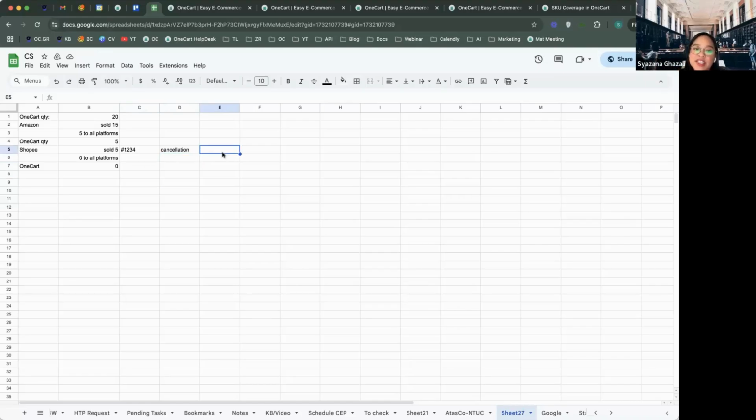Okay, so for example, there's a cancellation and then Shopee puts back 5. You see, when Shopee puts back 5, OneCart is still 0 because Shopee only puts back in Shopee. The API doesn't work where any quantity change that happens in the platform will be put back in OneCart. So even if you have one colleague who goes and does the quantity update in your platform, OneCart will not reflect that. Okay, so for example, Shopee put back 5, and then another order comes in, and the order number is 5678, and then it's actually